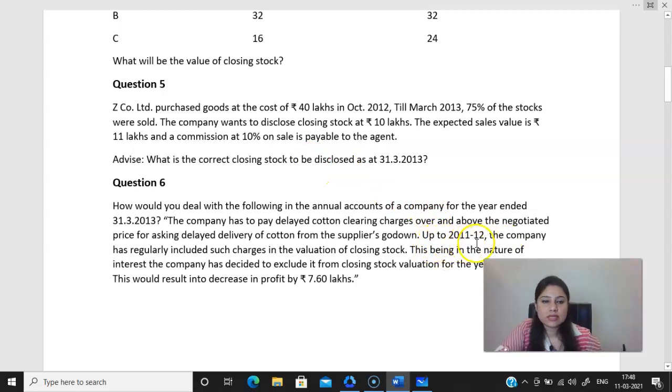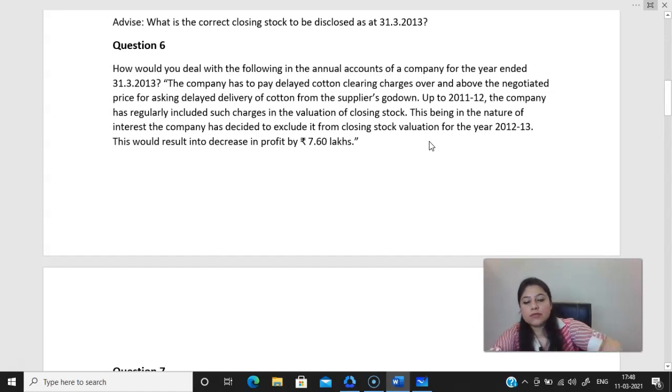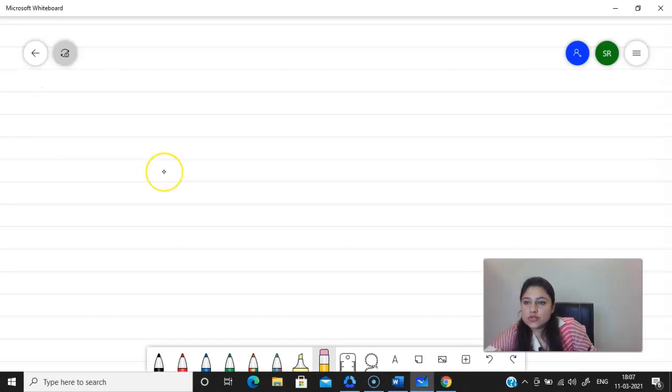Up to 2011-12, the company has regularly included such charges in the valuation of closing stock. This being in the nature of interest, the company has decided to exclude it from the closing stock valuation for the year 2012-13, which will thus result in a decrease in profit by rupees 7.60 lakhs. These are the facts of the case, and now we have to determine whether this is the correct valuation as per AS 2 or not. So, coming to the solution,